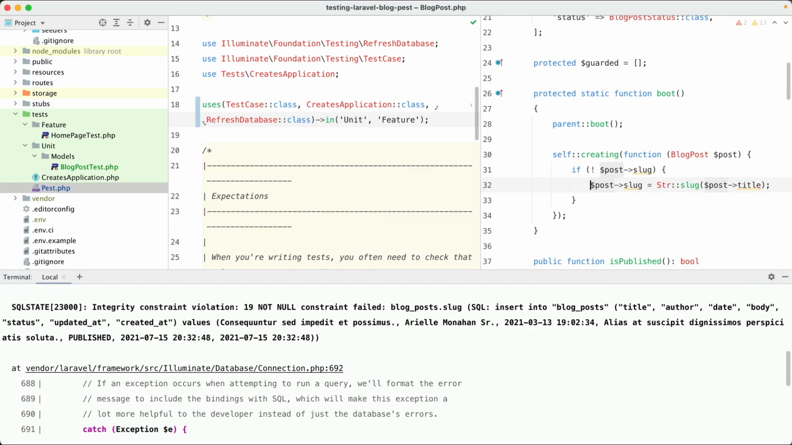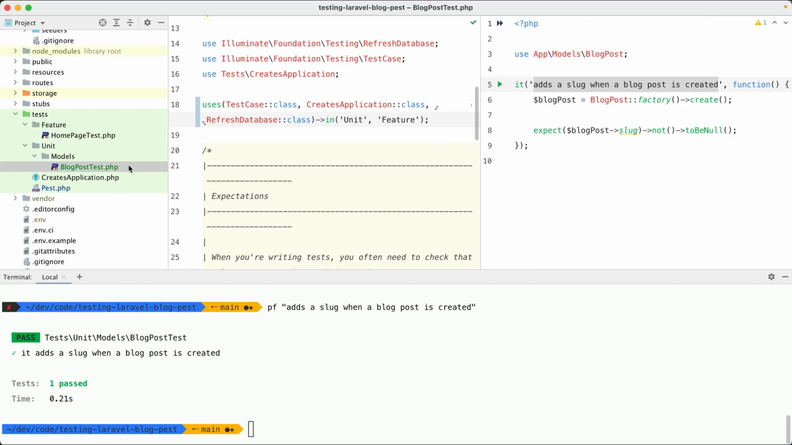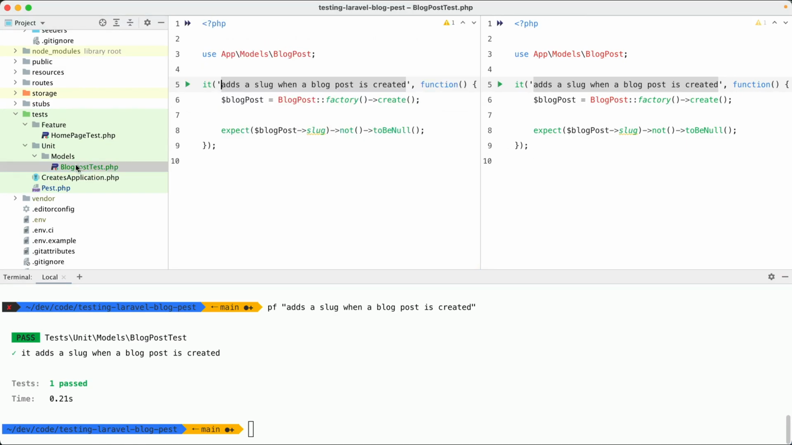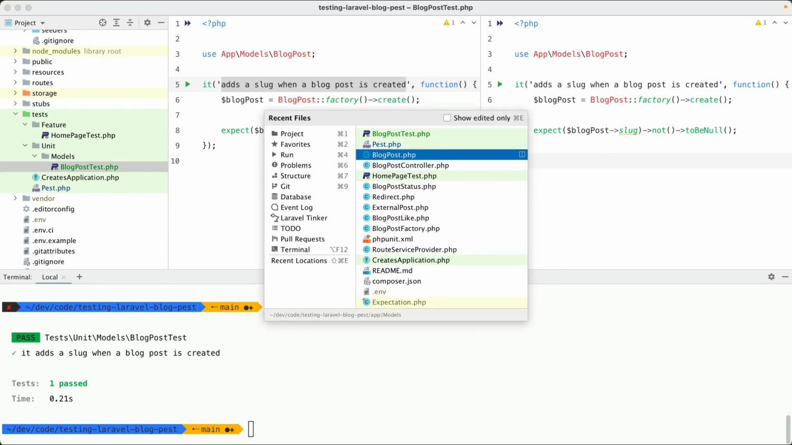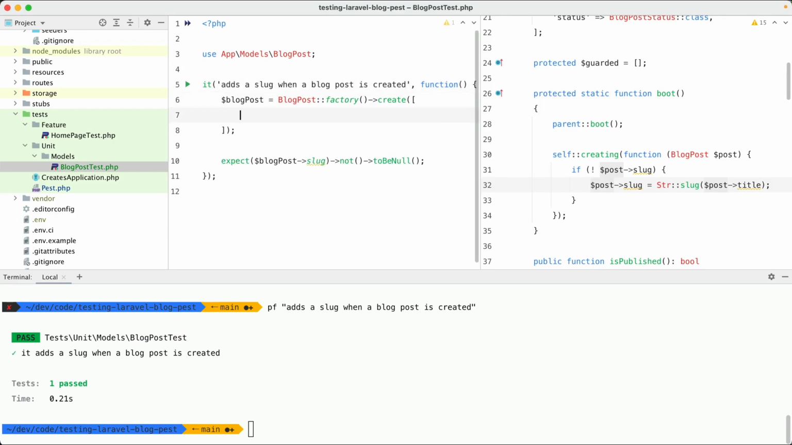Okay, let's make it pass again. And sure enough, this works. We can still improve this test a little bit. Let me open it up in this part of the screen so we've got the same layout as before. Let's make this test a little bit more specific by actually putting in a title,